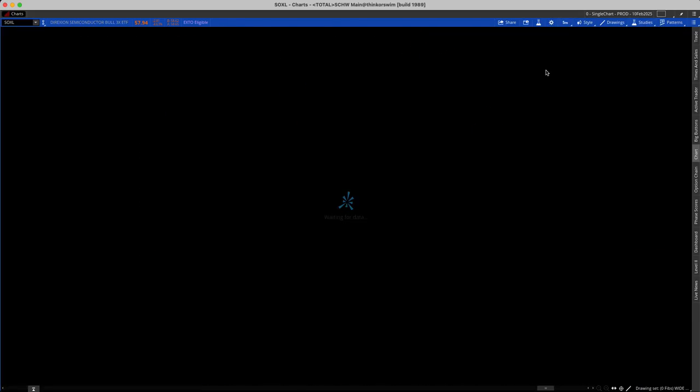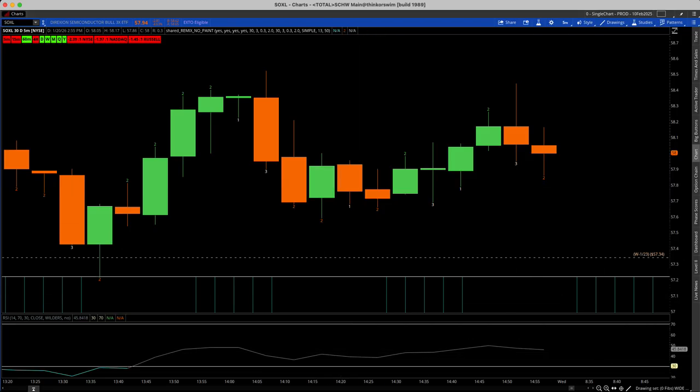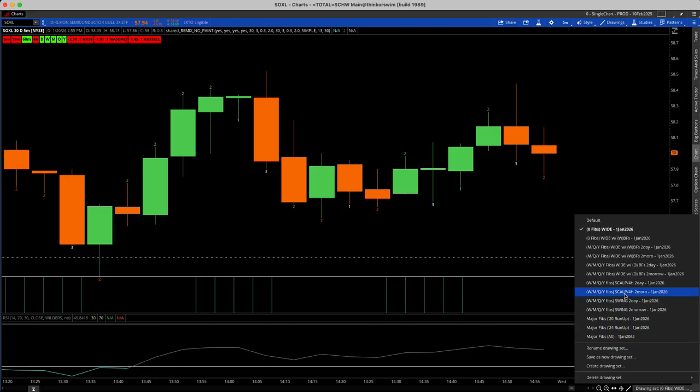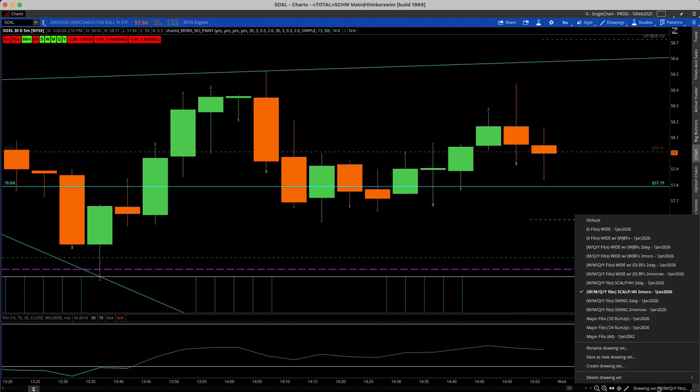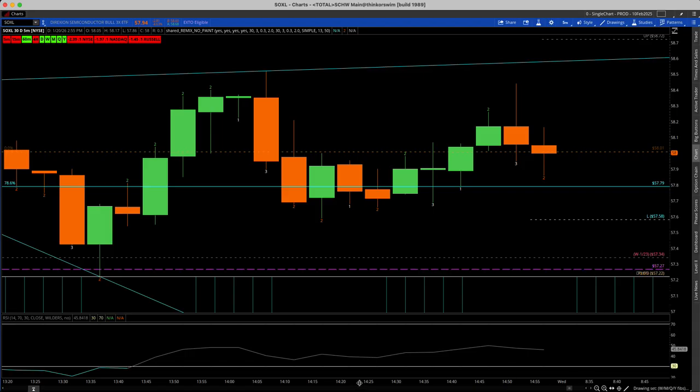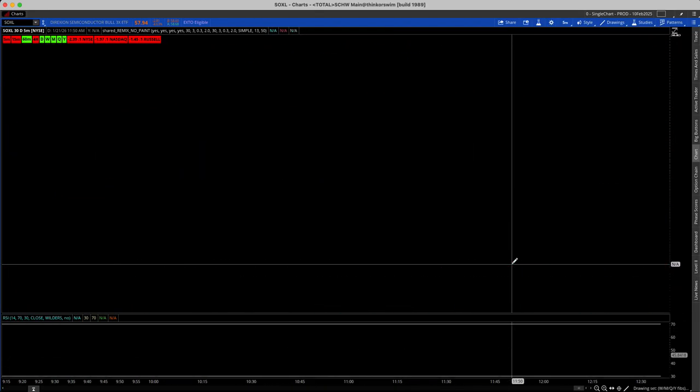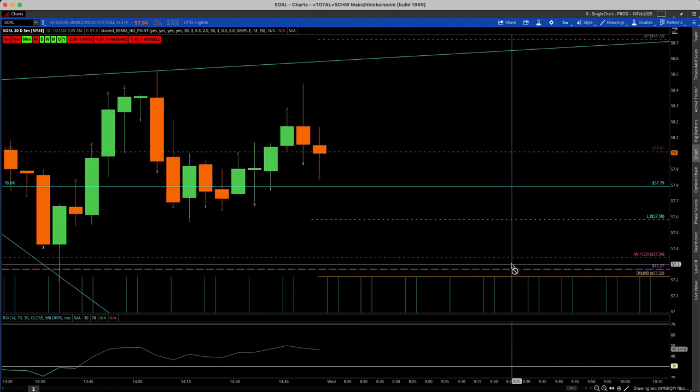All right. So now that we've zoomed out and looked at the day's price action, let's go ahead and zoom back in and look at our proven and repeatable strategy for tomorrow. For tomorrow's price action, as you can see on the chart, I've got